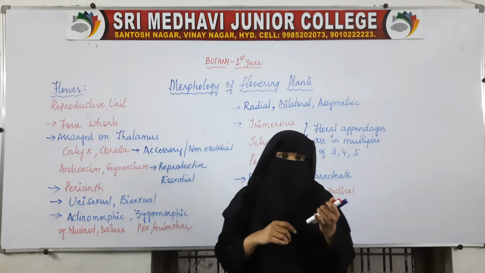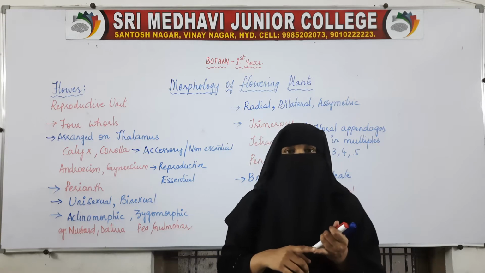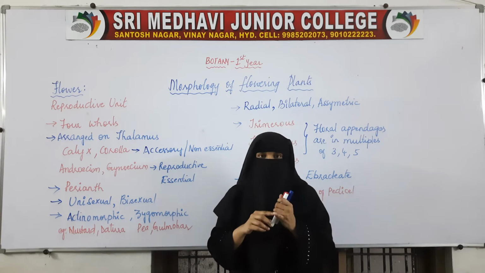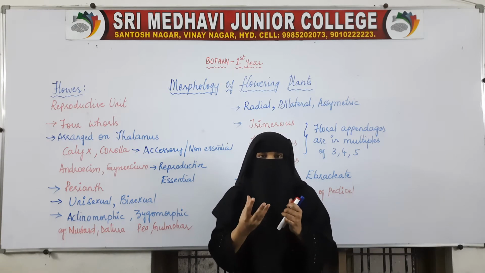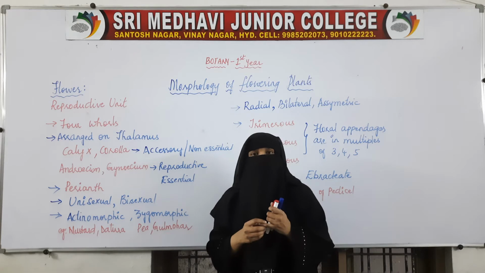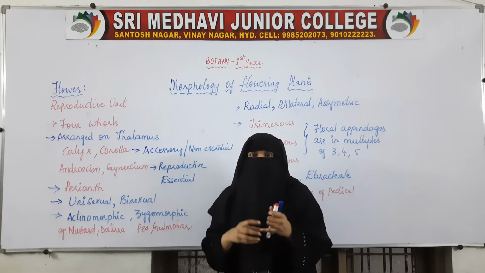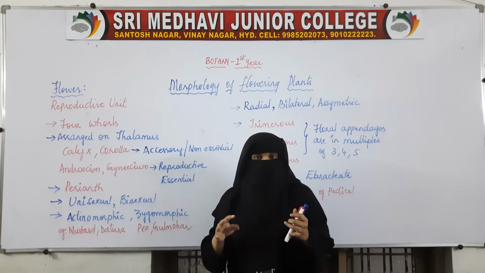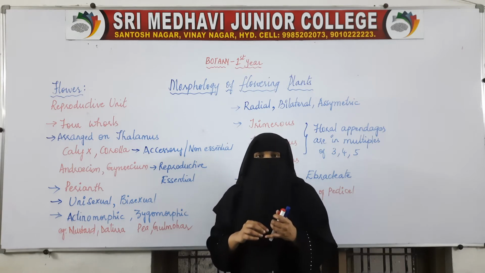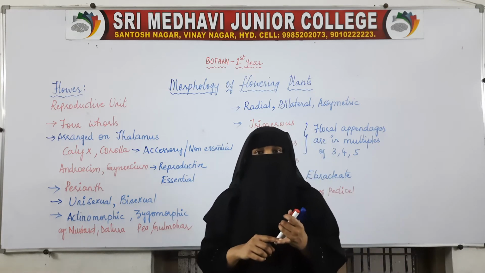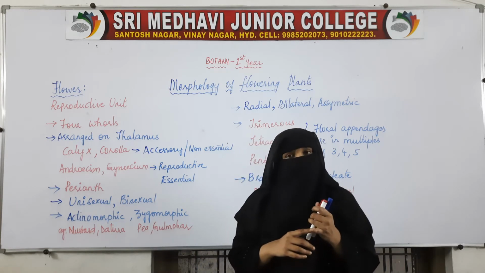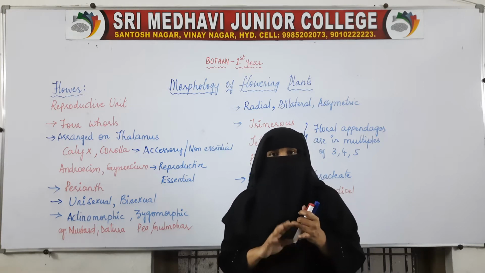Here in between, why I am taking this flower is because this is the basic. If we understand the different parts of the basic flower, then we will be able to move on to the next lesson, that is reproduction, which is also an important lesson. So first we'll go with these important ones, and later we will complete all the things which are left over. So I am moving on to another part of the plant, that is the flower. We have studied root, stem is there, leaf is there, we will study, don't worry.